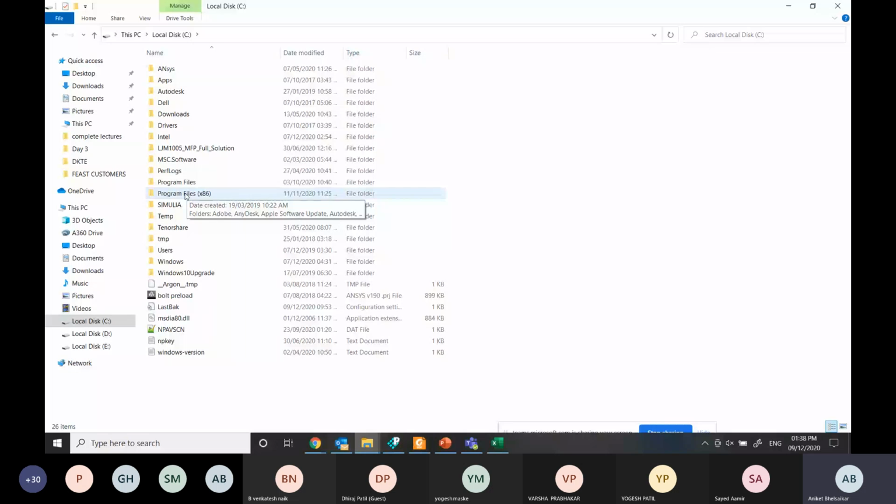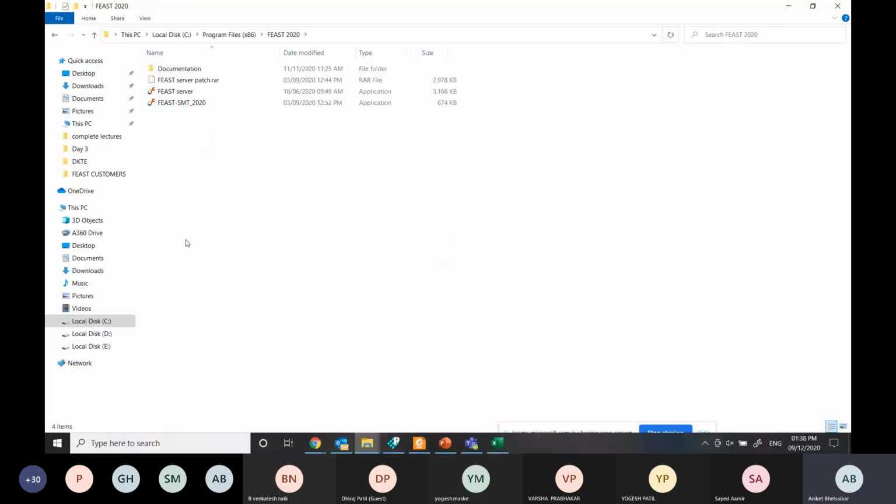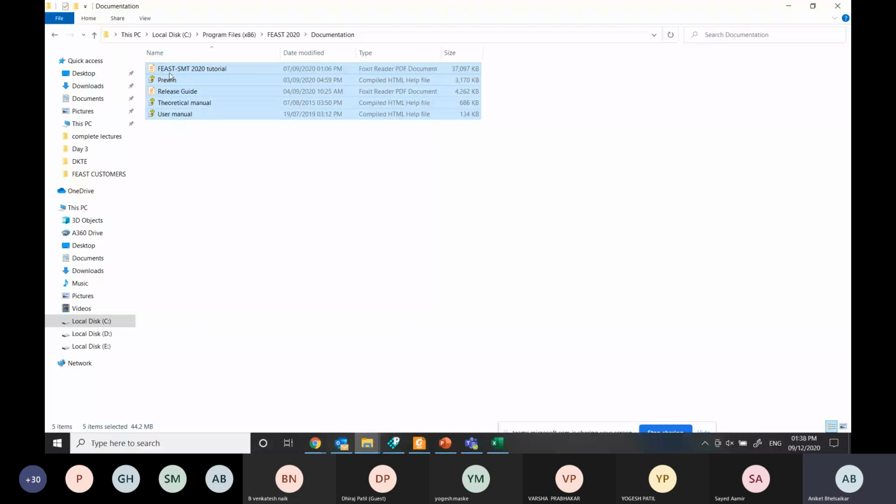You can just go to this folder where FEAST 2020 folder is available. You can simply double click and open the folder where documentation folder is available. You can enter into the documentation folder, and now here you can see we have